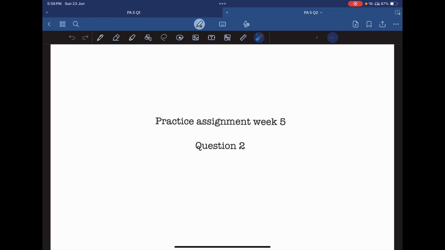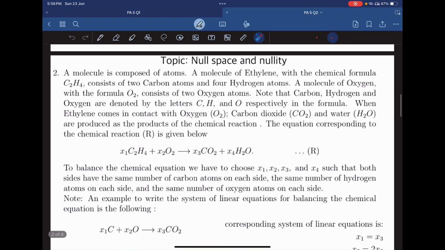Hello everyone. So let's now solve practice assignment week 5 question number 2. A molecule is composed of atoms. A molecule of ethylene with the chemical formula C2H4 consists of 2 carbon atoms C2 and 4 hydrogen atoms H4. A molecule of oxygen with the formula O2 consists of 2 oxygen atoms. Note that carbon, hydrogen and oxygen are denoted by the letters capital C, capital H and capital O respectively